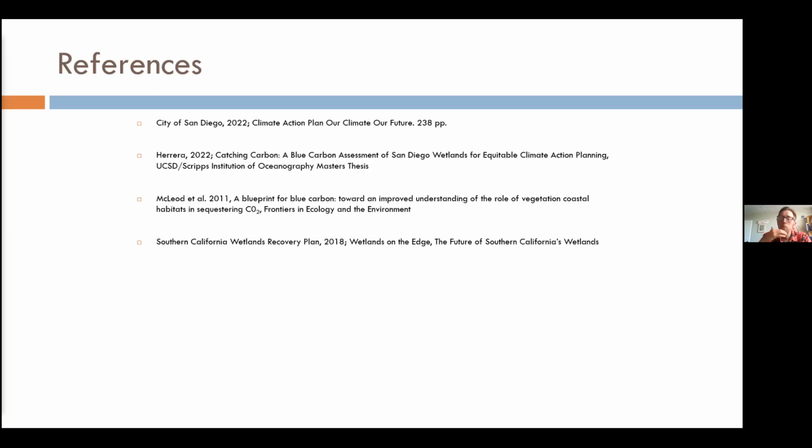So whether the local cities who have more land use control over these kinds of habitats would allow sharing of those benefits if funding came in or if policies came in that promoted them, that would be a great way for the county to help support these projects up and down the coast of San Diego, even though they don't have the local municipal control over the property. But a lot of funding and a lot of policy and a lot of momentum can happen from a county perspective, especially if they would then get some of that sequestration and emissions benefit into their plan.